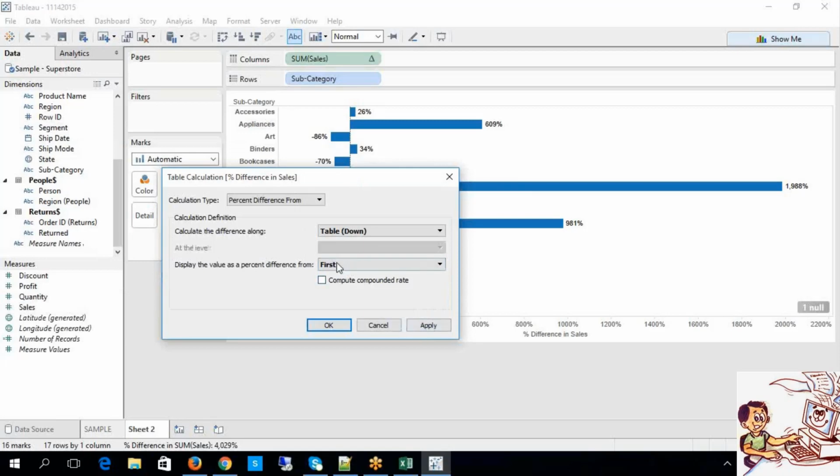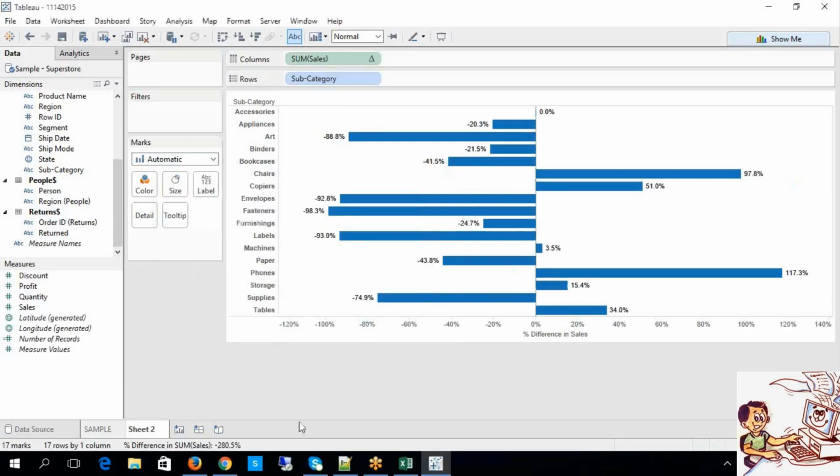See, it will consider the first value. Display the value as a percentage of difference from first, like that. You can also define it as individual cell-wise. That is also possible. But most of the time, we'll be doing it with a table. I mean to say, the whole table is going to be applicable. Likewise, look at the percentage differences between first value and the last value.